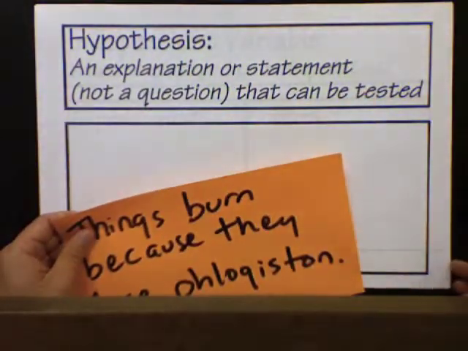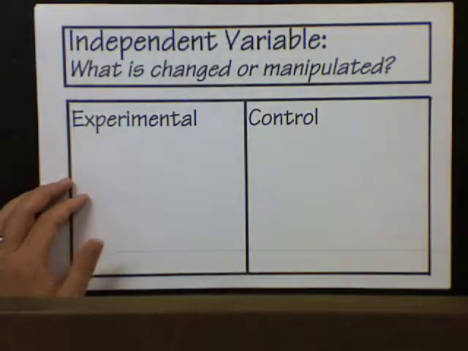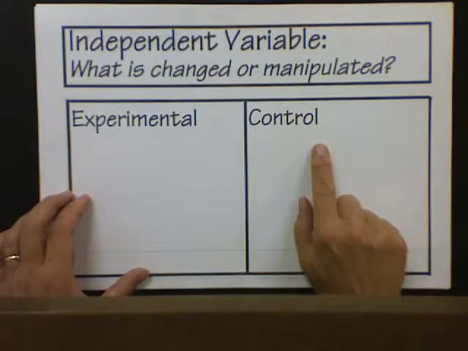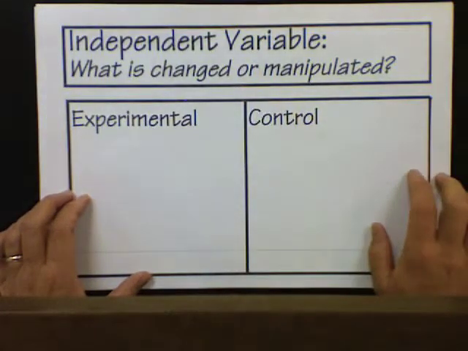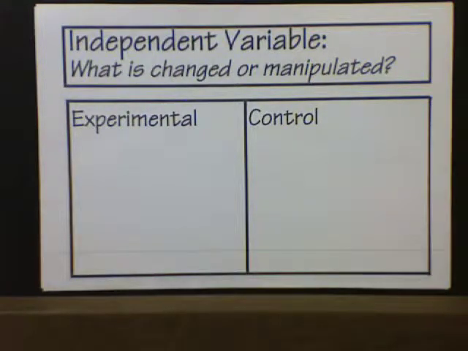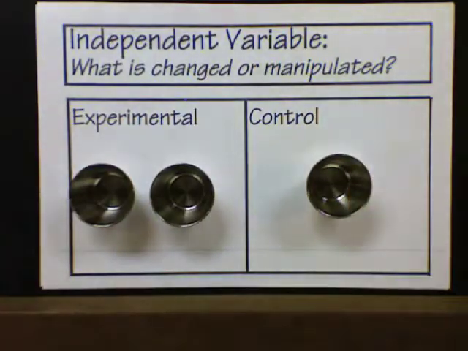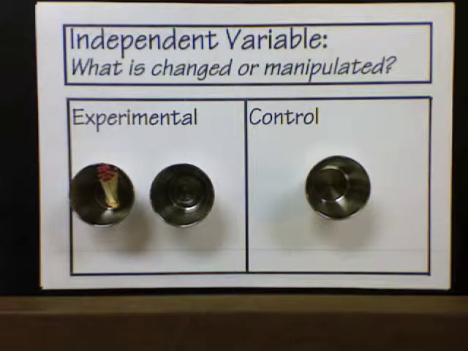So after the hypothesis, then we design our experiment and we divide our trials up into two types. One type of trial is the experimental trial where you do the thing that you're testing, and the control trial where you leave out the thing that you're testing. The independent variable is the thing that you are changing or manipulating in your experiment. So in our experiment where we were testing why do things burn, we had the independent variable what is in a crucible. So we had crucibles, and in the crucibles we had either matches or magnesium, or we had nothing